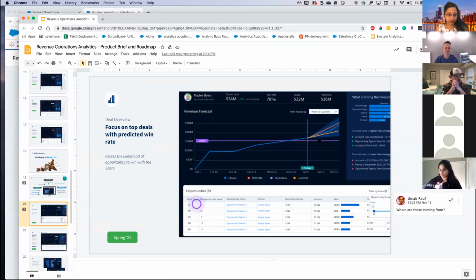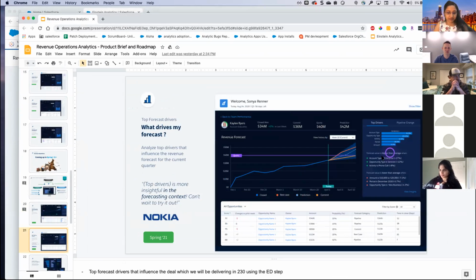Okay, so the new component that we are releasing as part of Spring 21 is the top drivers. It's the first time we're actually packaging the Einstein Discovery Insights as a part of the dashboard. So users are able to look at your metrics as well as ED insights right from within the same dashboard,